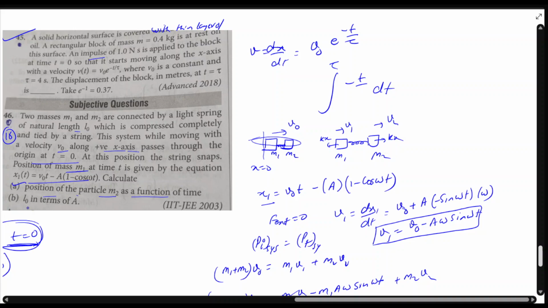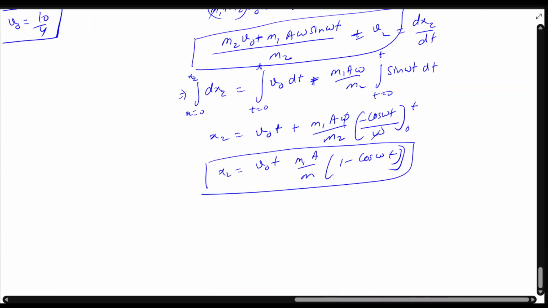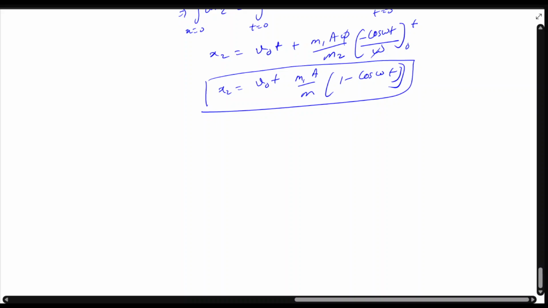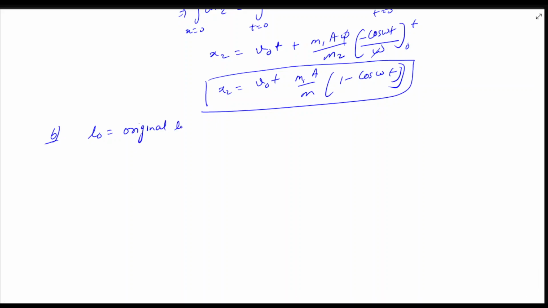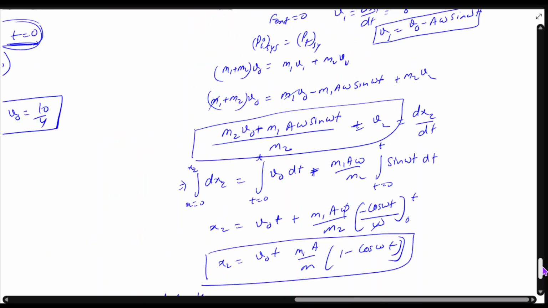Now the second is L naught in terms of a, we have to find. L naught in terms of a. So L naught was what? L naught was our original length. Original length. How will you find original length? Look,